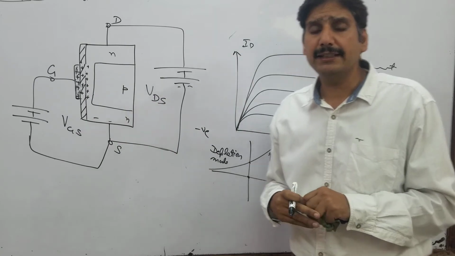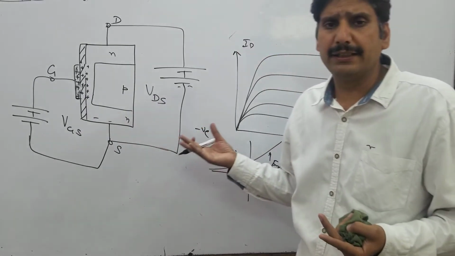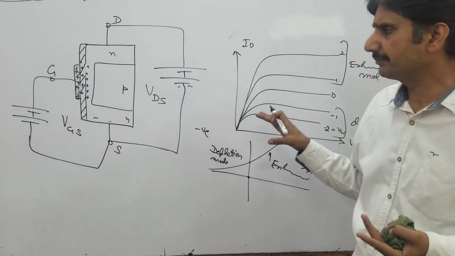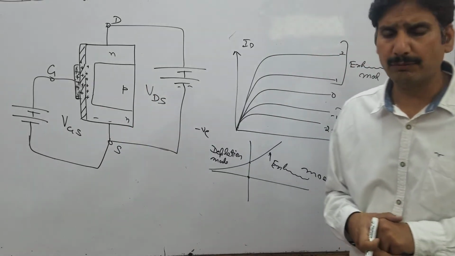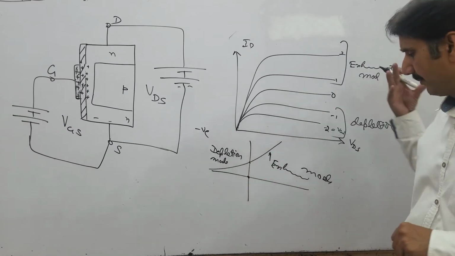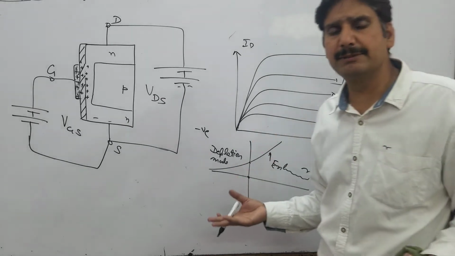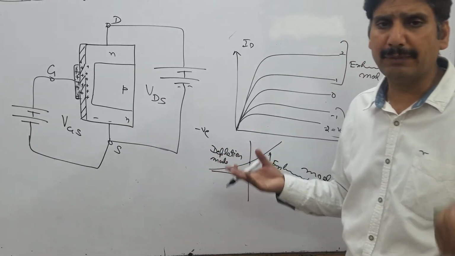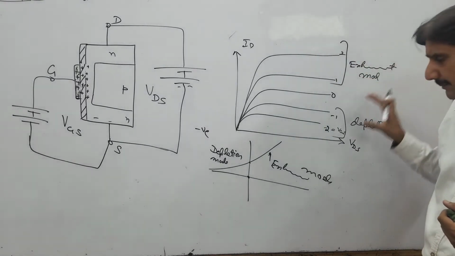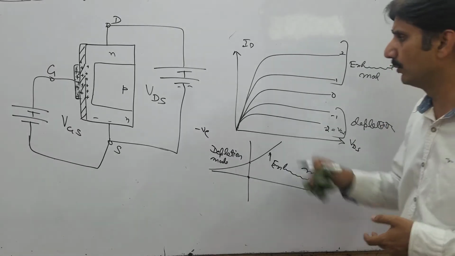So that means it is much easier to bias it and to keep the Q point in the middle of this region for this type of MOSFET. So it can be operated in depletion mode, and can be operated in enhancement mode. It's suitable for using it as an amplifier because that makes the biasing simplified. And when voltage is positive, you call it enhancement. When voltage is negative, you call it the depletion mode.